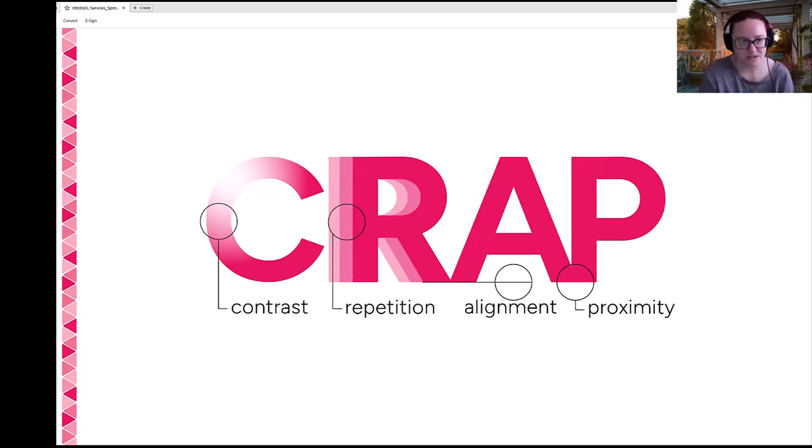And these are four different design considerations that you need to make. So contrast, thinking about things like hierarchy and legibility; repetition, making sure that the design choices you make repeat so that there's clear coherence throughout your poster; alignment, probably one of the biggest things we work with in posters, because a lot of times people forget to zoom in and they can't see something that might be slightly out of alignment.